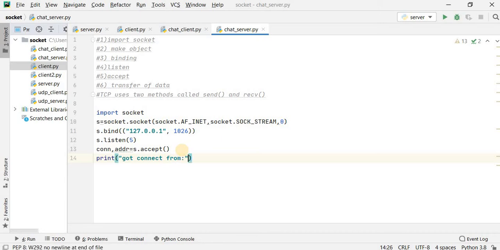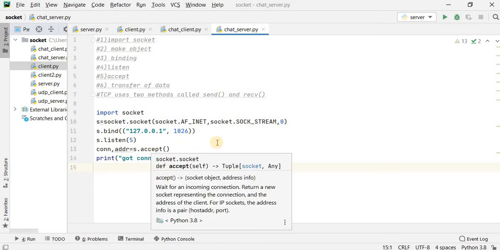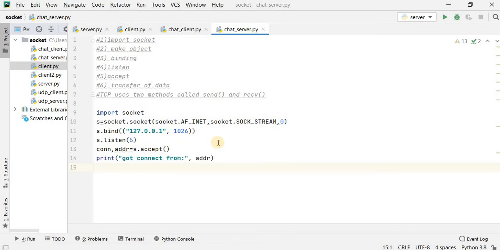It is optional, it is not mandatory that you have to do this step. Actually this step is useful when multiple clients are there and the server has to differentiate between them in terms of the address. So currently which client is connecting, the server will know by printing this statement.